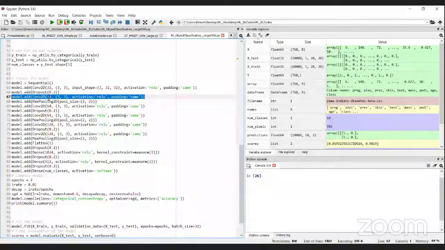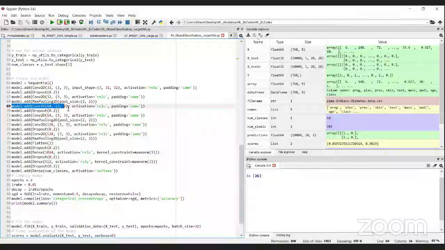I'm adding one more convolution layer. The second layer has 32 filters again, 3 by 3, with ReLU activation, followed by pooling, and then a third convolution layer which has 64 filters, each of size 3 by 3. Then the fourth convolution, fifth convolution, sixth. So in total it has 6 convolution layers followed by flattening and then dropout. This is how we have created it.